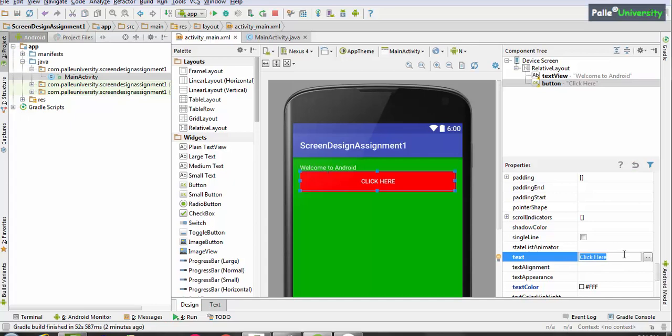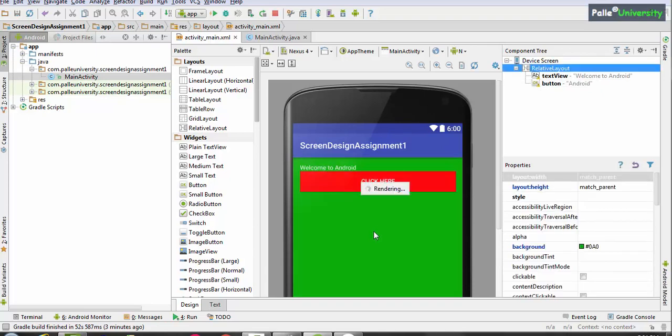Now you can put anything here. So let me put Android. After changing the text to reflect in this graphical window, just click with your mouse on the screen area. It will reflect automatically. Similarly, even the background color also. For example, currently if you observe the top area, component tree area, it has highlighted relative layout, which means the entire screen area.